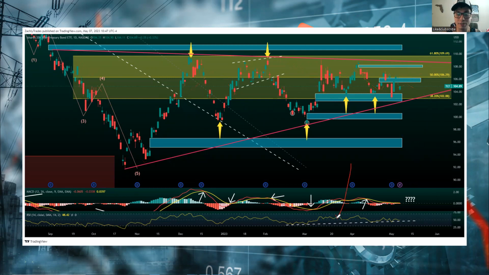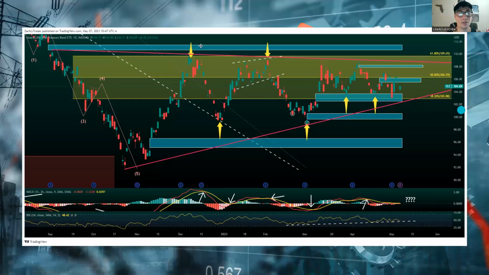We're also testing some very important trend lines here on the relative strength index. We keep bouncing off of this bullish divergence trend line, and eventually this trend line can break. So, that's going to be a big key. Another thing is going to be the MACD. We're going to be looking for our next signal, whether it's going to be an entry or exit signal. Make sure to stay tuned for that.